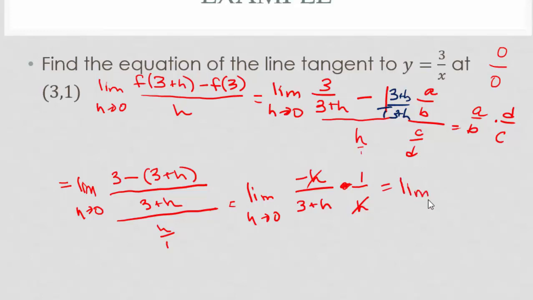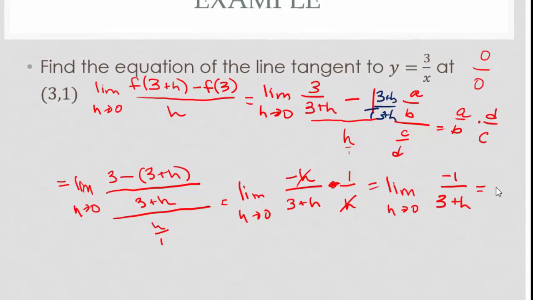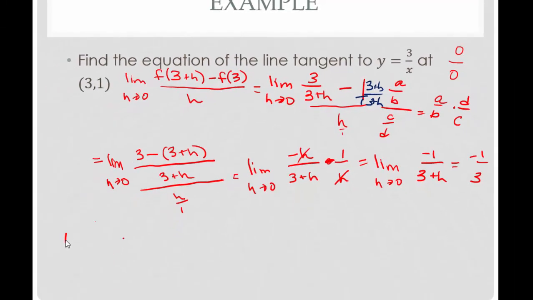So I'm left with the limit as h approaches 0 of -1 over 3 plus h, which is a rational function. And now notice if I try direct substitution, if I try to plug in 0 directly in for h, what I'm going to get is -1/3. So the slope of the tangent line to the curve y equals 3 over x at the point (3, 1) is -1/3,